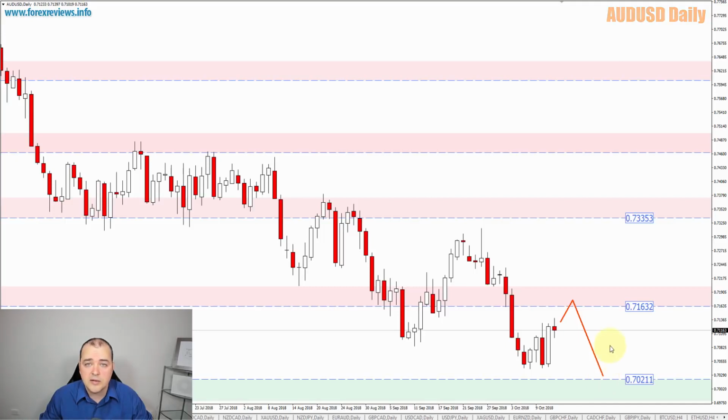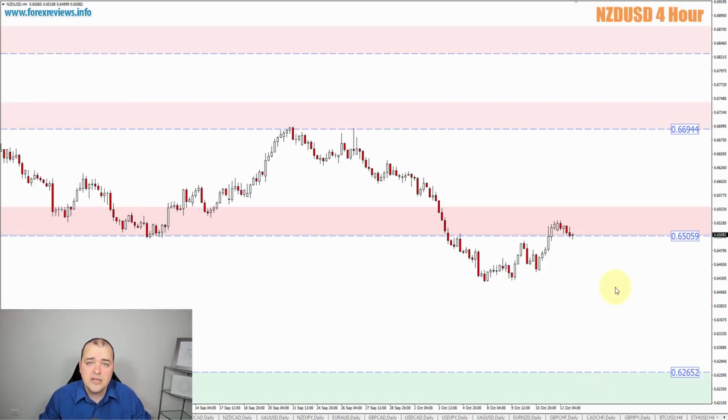Okay, well that's it for that market. Okay, next pair to cover is New Zealand USD, and I'm on the 4-hour chart. On New Zealand USD, what I'd like to highlight is for all those people who are not in a sell trade on this market already, that where price is currently testing the 65 zone area, this is a great area on this market to consider a potential bearish opportunity and look for a potential move to the downside, potentially all the way down to this recent low area,